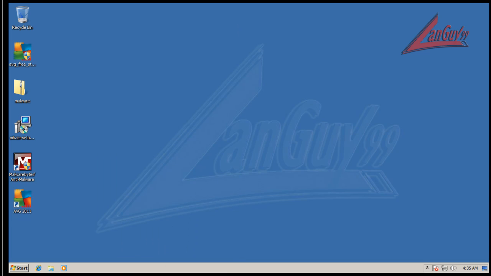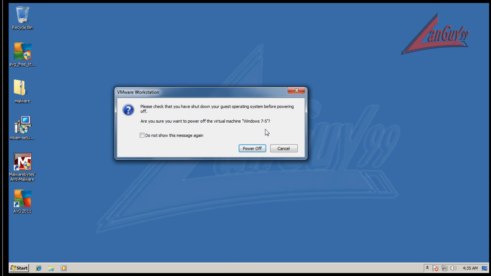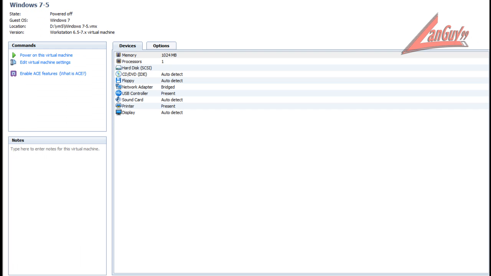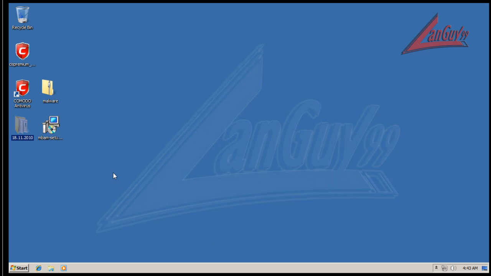Alright, so next on the chopping block is going to be Comodo, and just the antivirus, of course, because I'm testing all antiviruses. So I'm going to pause the video, and I'm going to unpack and bring in the malware and put it on the desktop. So I'll be back when I'm ready to start scanning. Okay, so I unpacked all the malware here, and I'm going to do a right-click scan,